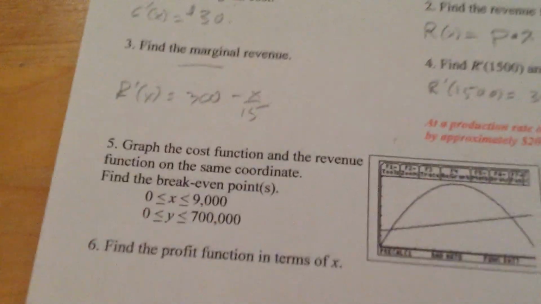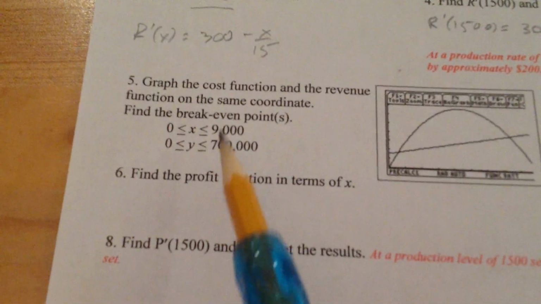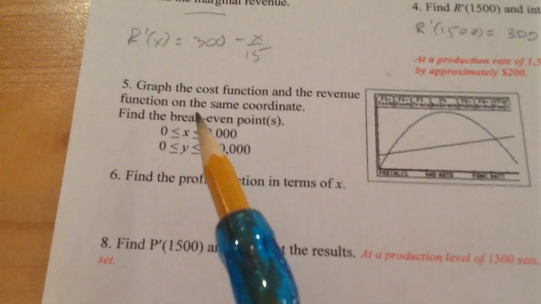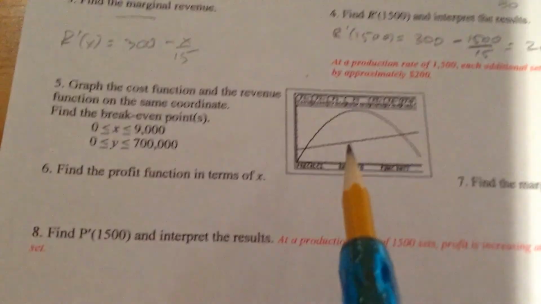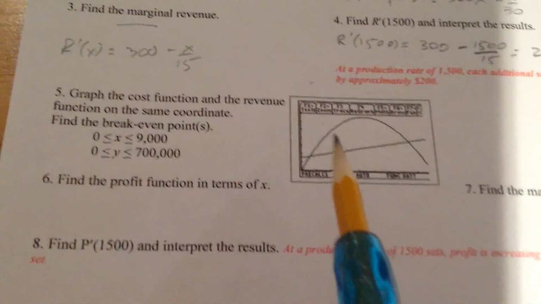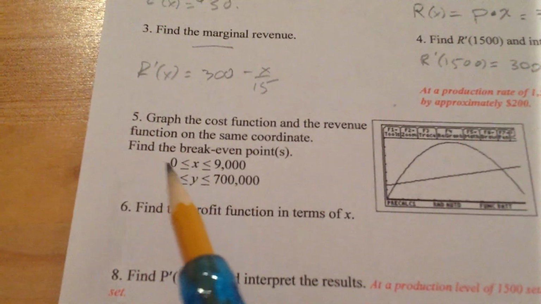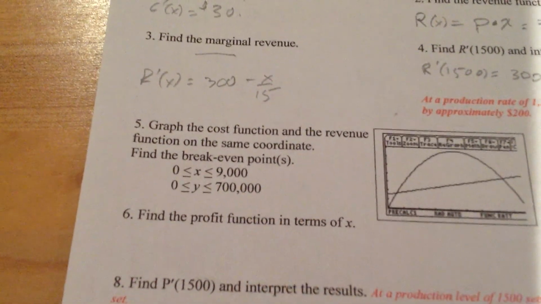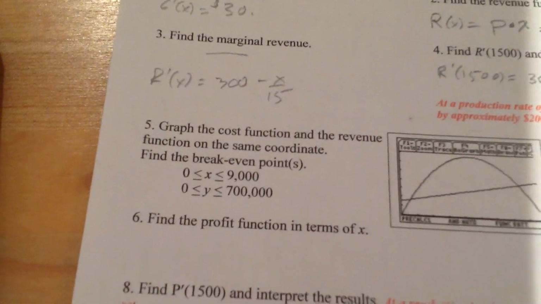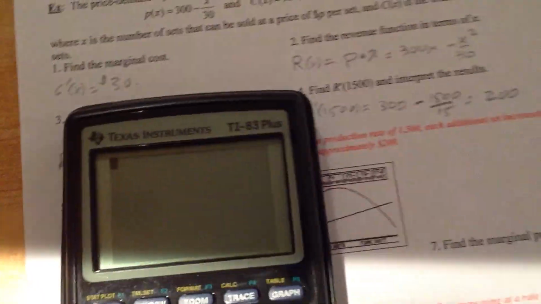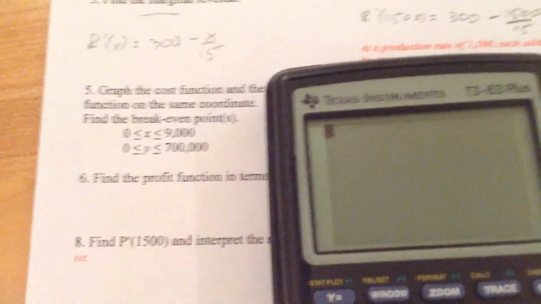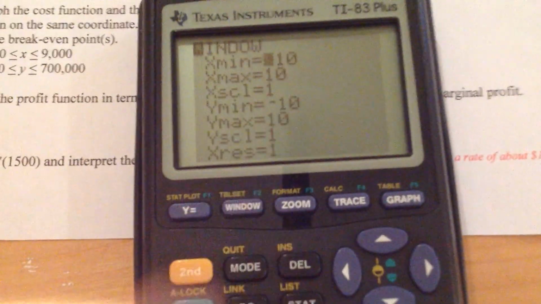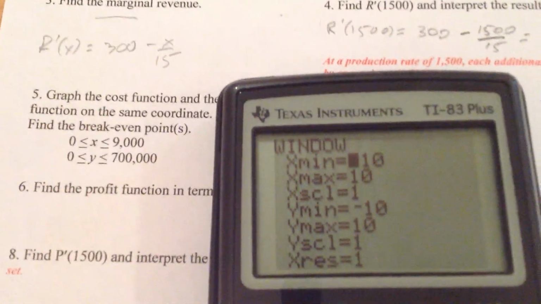All right, so then we're going to come down here. We're given some constraints here. Graph the cost function and the revenue function on the same coordinate axes. Find the break-even points. This is from a calculator, and I'm going to show you how to do this in your calculator. So 0 to 9,000 and 0 to 700,000 are basically going to be your window. So when I go to my calculator, you hit your window button, and X is going to be 0 to 9,000,